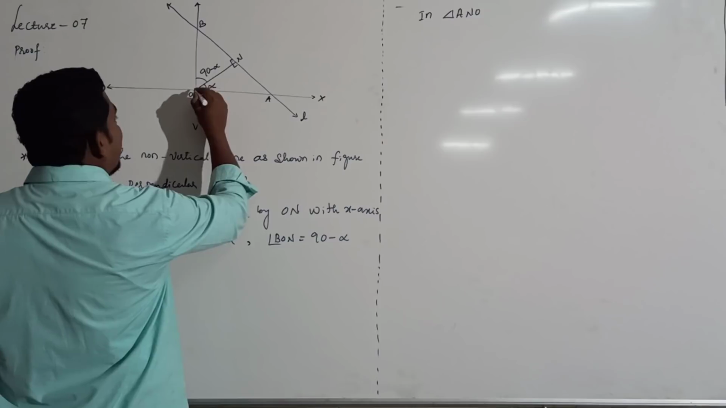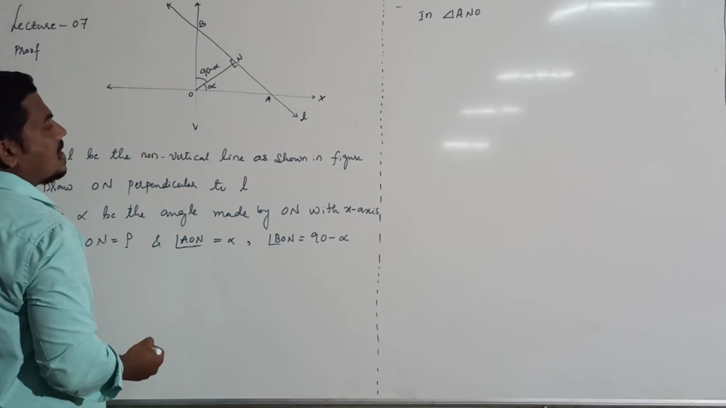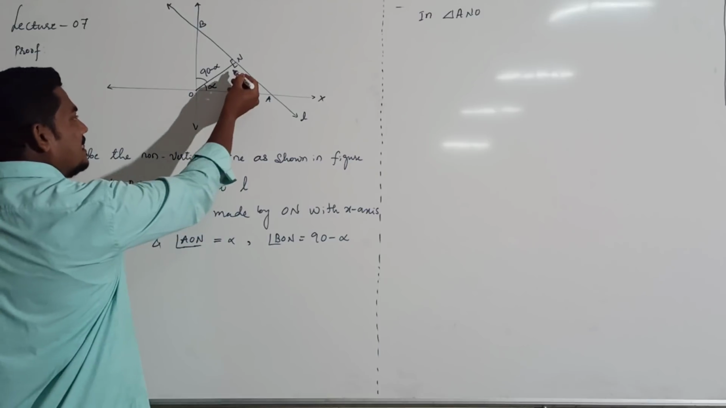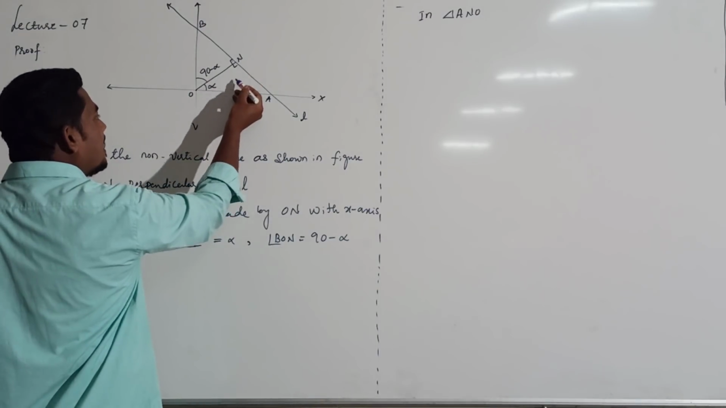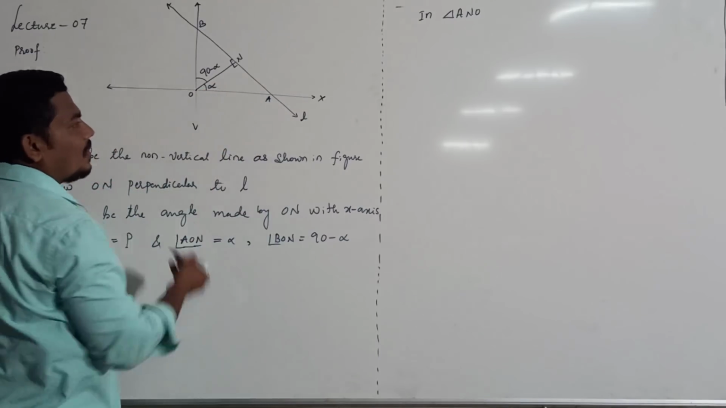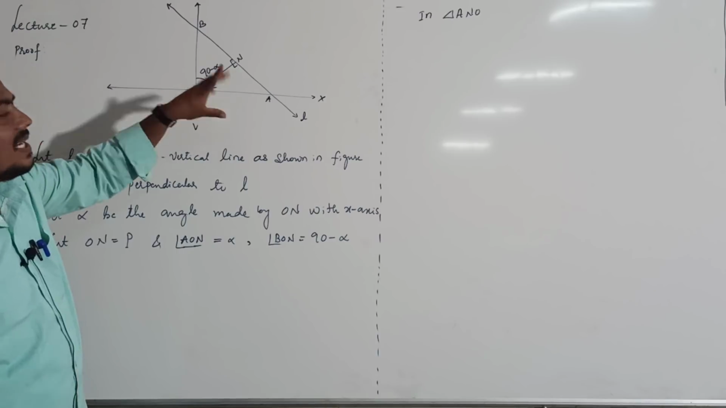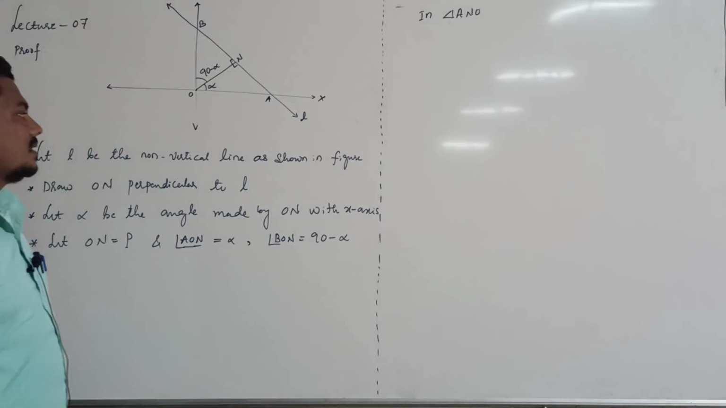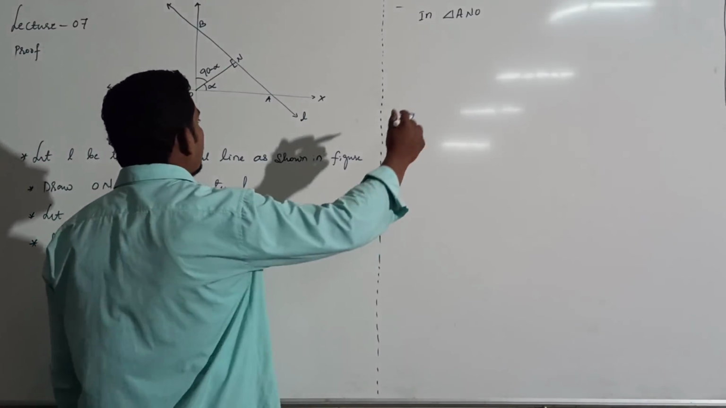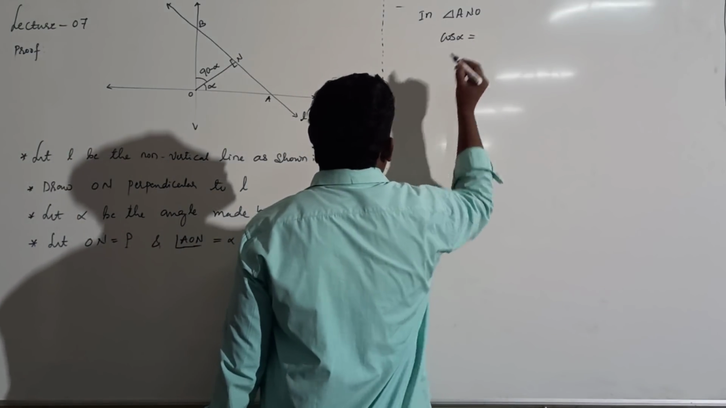Clearly this is triangle ANO. Which one is the hypotenuse side? This is 90 degrees, which means clearly in triangle ANO, OA is the hypotenuse side, right? Why? Because the side which is opposite to 90 degrees is the hypotenuse side, right? Then tell me cos alpha. Cos alpha is equal to,